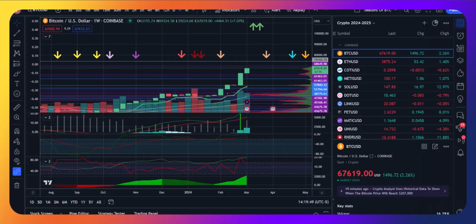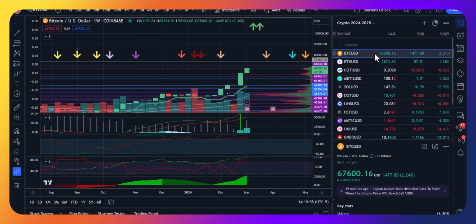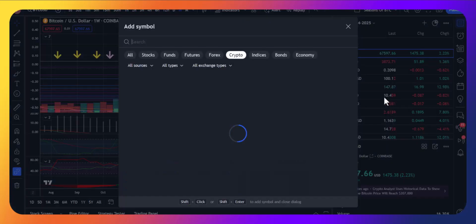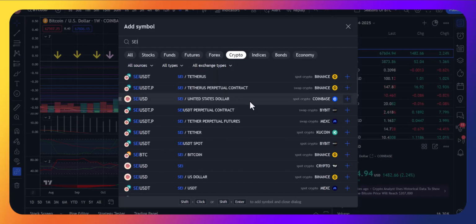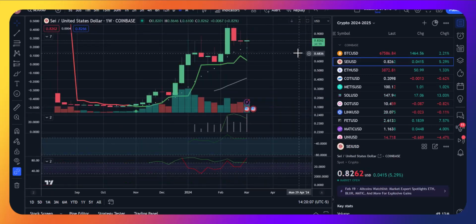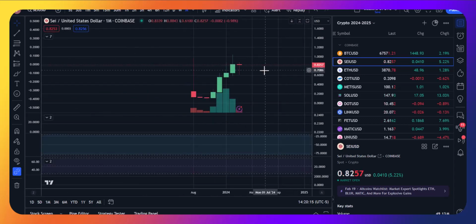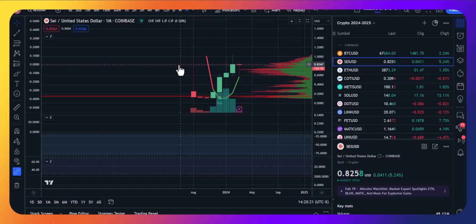Now, another thing you can do is some sentiment charting on this. In my Coinbase, I'm going to add a symbol, put SEI, and hit the plus button to add it in there. If you follow the video link in the description, that's my sentiment analysis charting video. You can typically get what I'm doing here. I'm on the monthly, and I want to hit my Alt H,